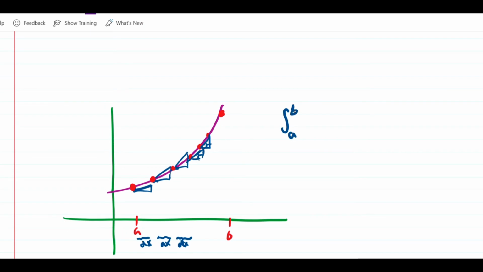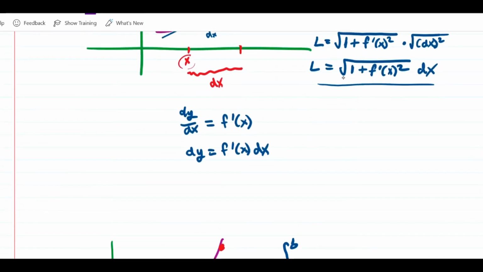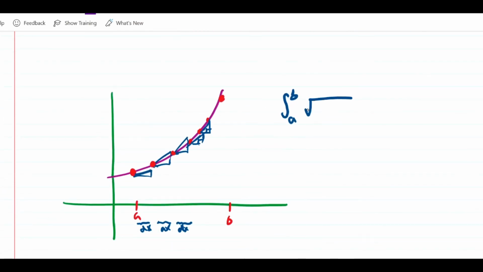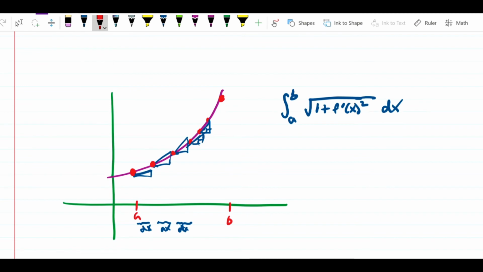the highest x value that we're looking at is b, and we know that the length of these tiny hypotenuses is, going back up here, the square root of 1 plus f prime of x squared dx. So the square root of 1 plus f prime of x squared dx. Each of these is the length of a tiny hypotenuse. And we're adding them all up from a to b, so this integral would give us the total length of the curve as we walk from this point